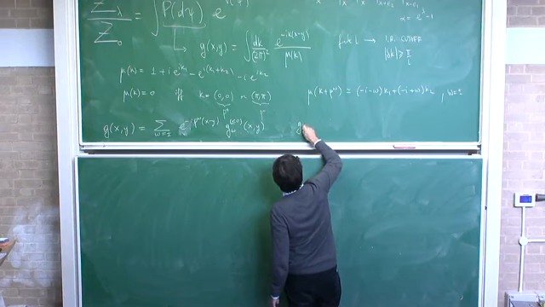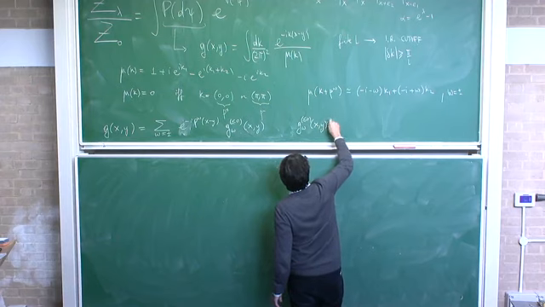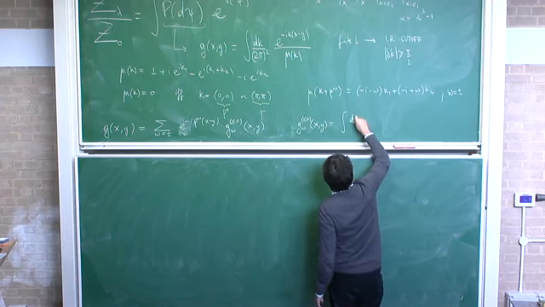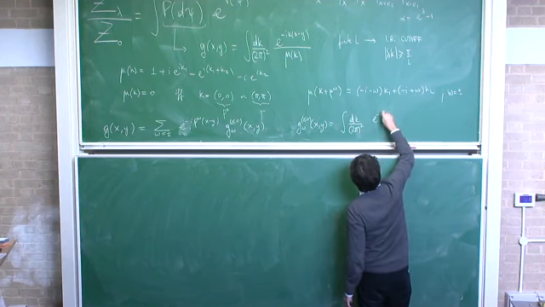So this G omega smaller or equal than 0, xy is nothing but the shifted